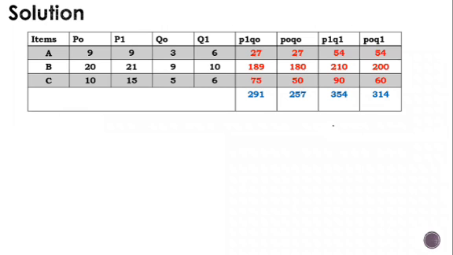I've done the table here. Okay, I've written the answers also here. P0, P1, Q0, Q1. Also I have calculated individually. Why? Because we need all the information. We wanted summation, the total of all these. So we have already calculated.